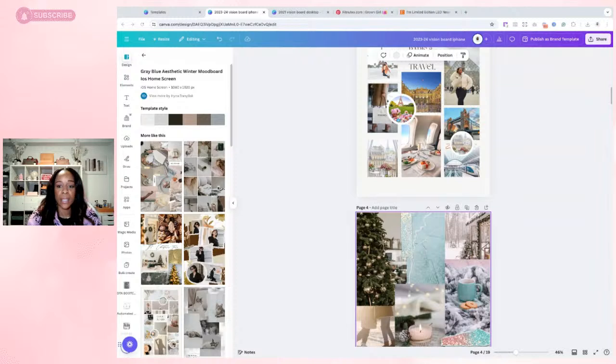It is a couple of steps, but to me, this is the easiest, fastest, and best way to do a digital vision board, because you can also swap out stuff faster. When you do a physical vision board, I don't really swap stuff out, but you may want to add stuff in. All right. So as I mentioned earlier in the beginning, the purpose of a vision board is to constantly remind you of what you are working toward, what you desire, what you want, and all the things.